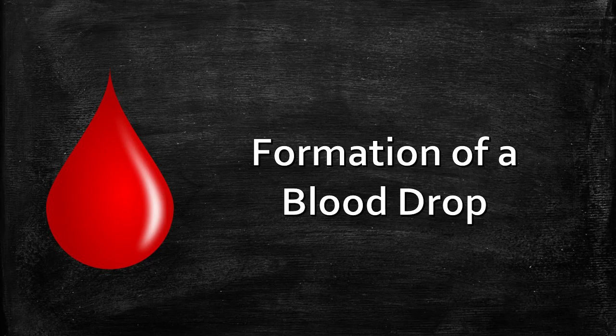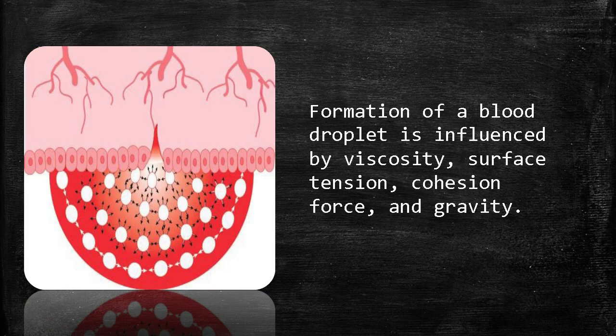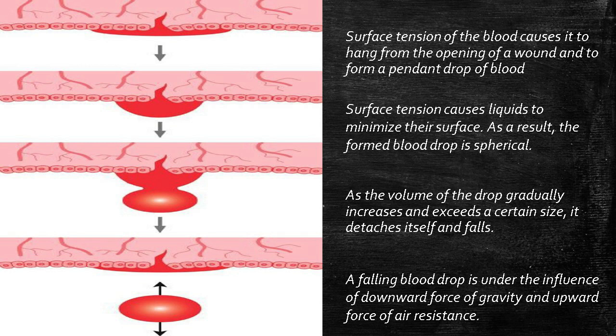Formation of a blood drop. Blood leaks out from the body if there is an injury which has damaged any blood vessel. The formation of a blood drop is a complex event that is influenced by viscosity, surface tension, cohesion force, and gravity. The surface tension of the blood causes it to hang from the opening of a wound and to form a pendant drop of blood, which is held together by the cohesion force to maintain the shape of a blood